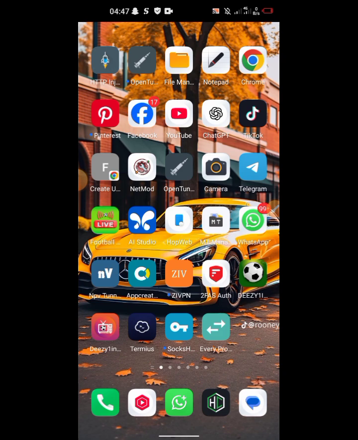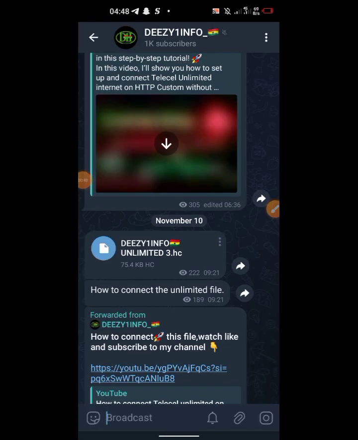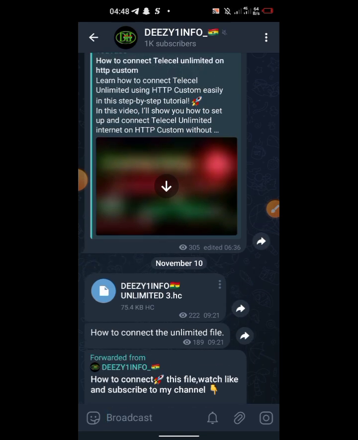This one, we start by creating a Telegram channel, like this one. After creating a Telegram channel or WhatsApp channel, you start publishing. You create the file, then you start publishing them. In the course of creating the account, make sure you include your channel's ID or your channel's link, so you prompt the users, the tellers or the VPN users, that if they want more files, they should join this particular channel.